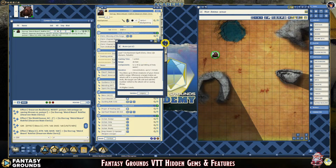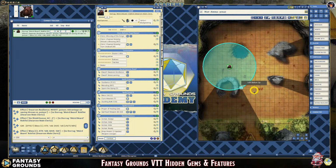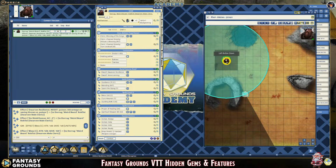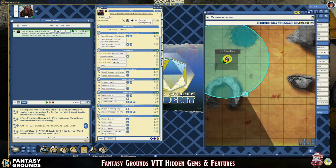And what I would do is, depending on the spell description, I would draw out the radius if you're worried about where it's going to be impactful or where it's going to help. So I can right click on the map, go to pointers, go to this circle, and just click somewhere not on your character, but maybe off to the side initially. So single left click, hold down the left mouse button and drag this out until you get to 30. And then you can take the center point and move it. Let's say that's the area of effect. It's easier to do it that way than trying to do it on your character initially. So I usually draw it off to the side and then I'll move it where it needs to go,